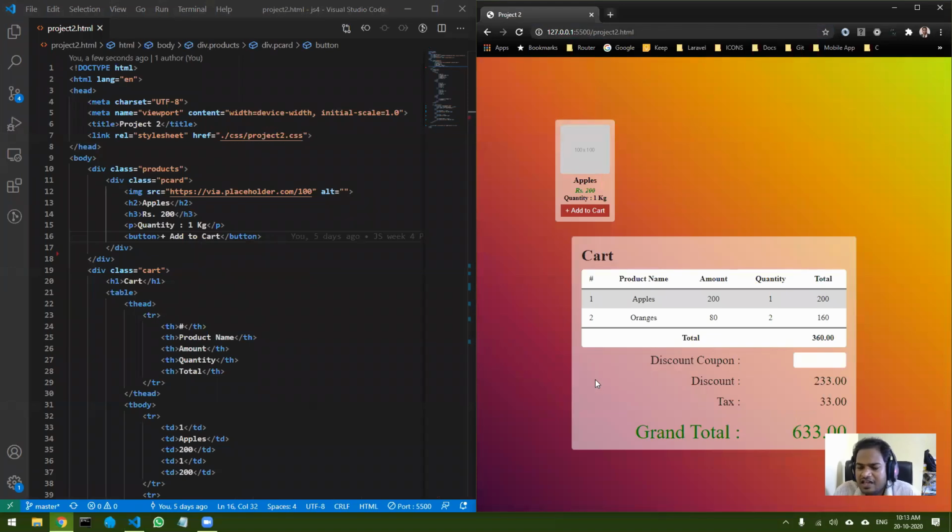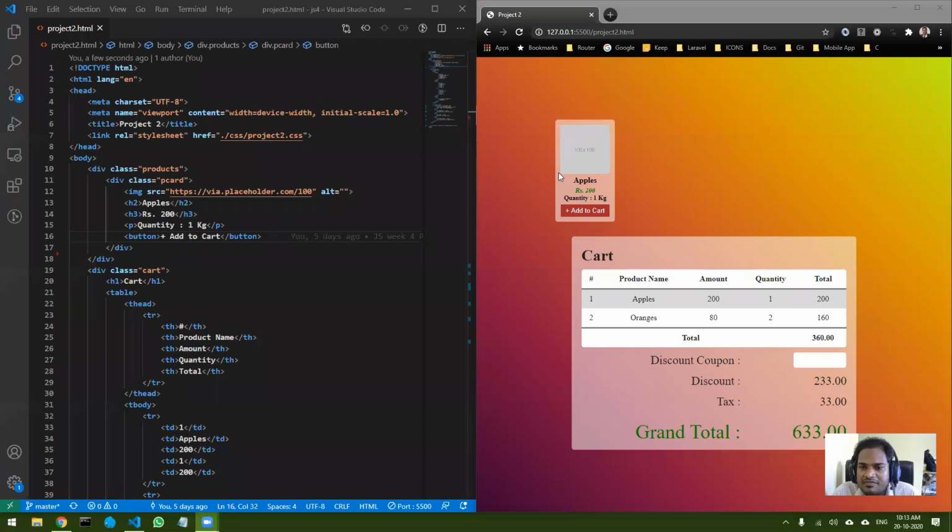Basically, this is going to be a very simple project, but it will take a lot of time to complete. I think I will complete this because it is very important, because I am going to cover how to persist the data. So that also I am going to cover.